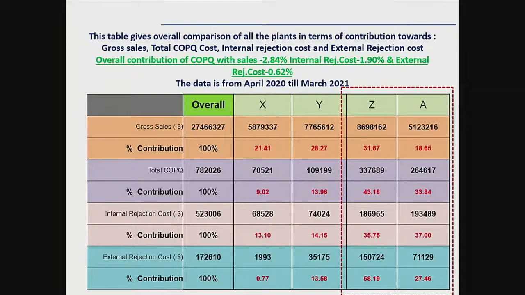And again, if you have multiple locations, it always helps. This is the analysis which has been done, and you can prioritize your work. Here you can see plant Z has a contribution to total cost of quality of 43%. And you can see on a sale of $27 million, the cost of poor quality was